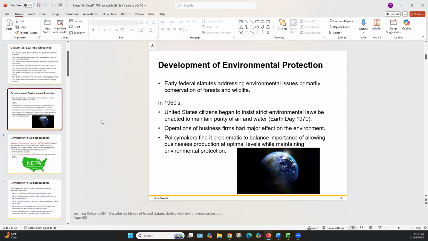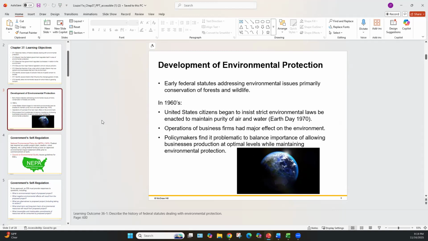Then around the turn of the century, at least here in the southeast, we started having textile mills pop up on the rivers. Lots of the dyes that they were using to dye the fabrics, they were just letting go into the river. Especially the Middle Tiger River and the Tiger River here in upstate South Carolina got heavily polluted from those dyes. And then industries up in the Northeast, putting smoke and smog into the air, producing automobiles and other industrial machinery, began polluting our earth. And of course, we just were not really aware of those risks.